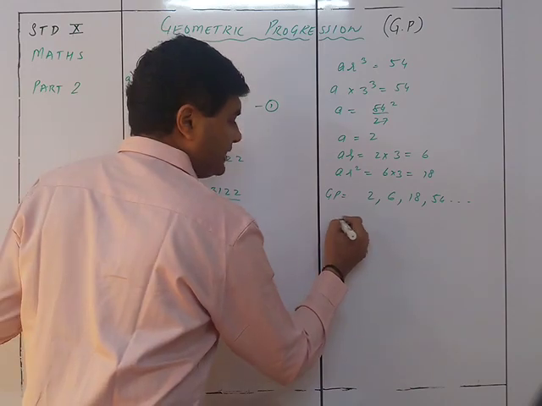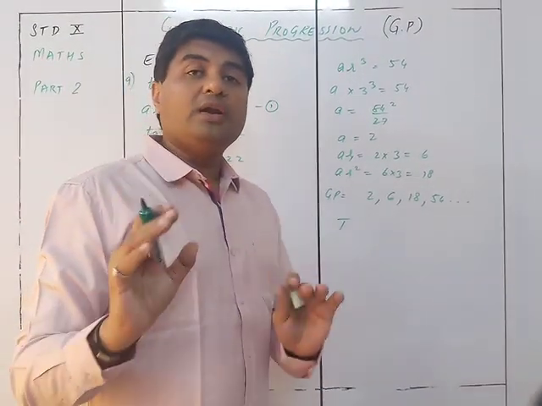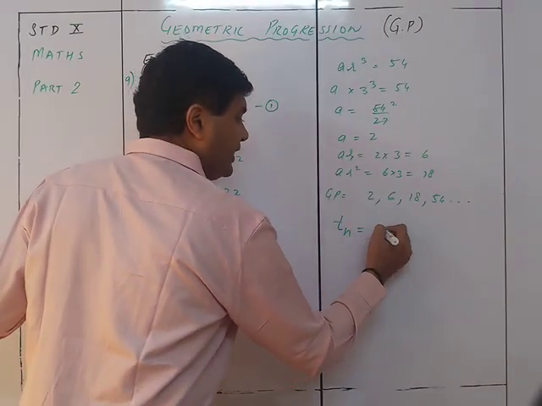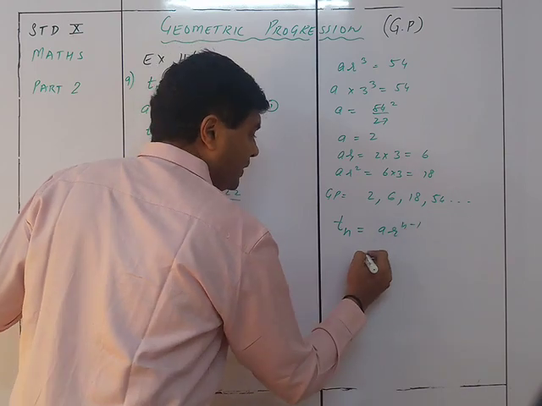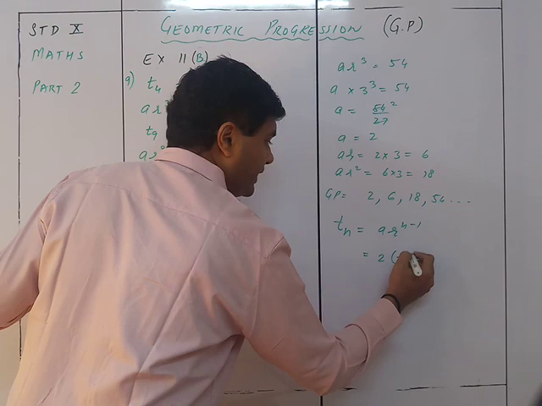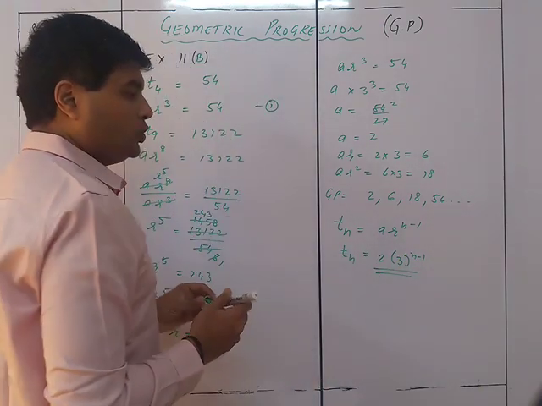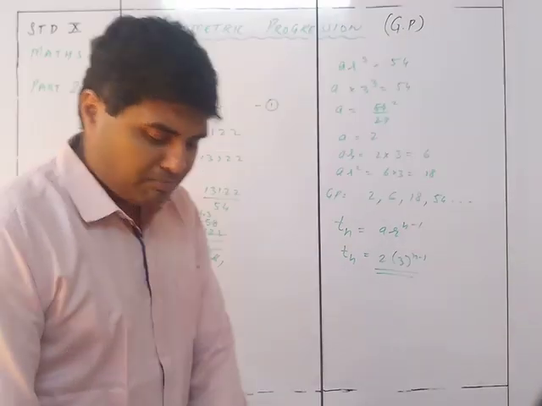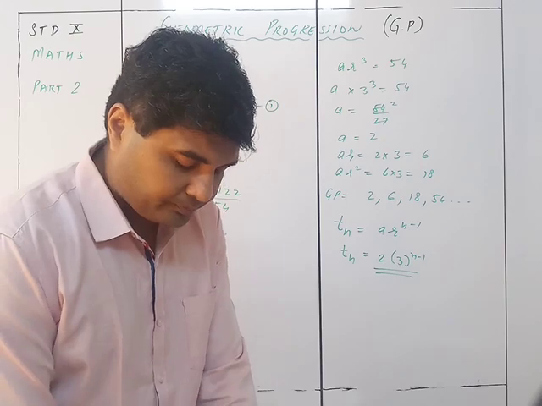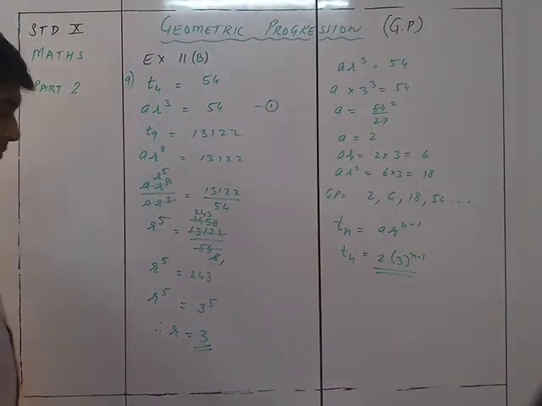And they ask us the general term. Now there's something new. What is the general term? Only the formula. General term is Tn is equal to ar raised to n minus 1, where a is given as 2 and r is given as 3. So Tn is equal to 2 into 3 raised to n minus 1. That is the general term of the ninth sum. Got it? We move on to the last sum, that is the 10th sum.